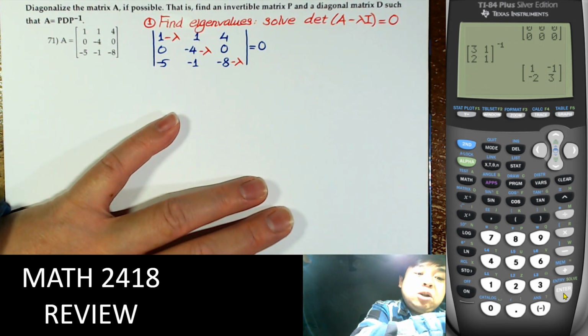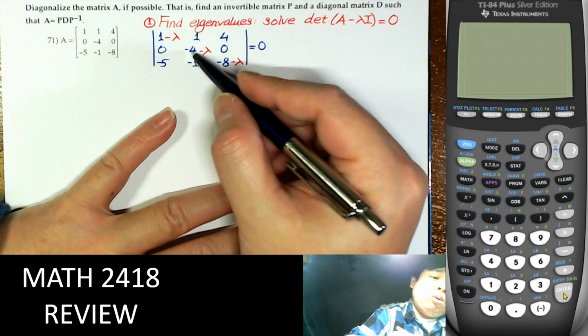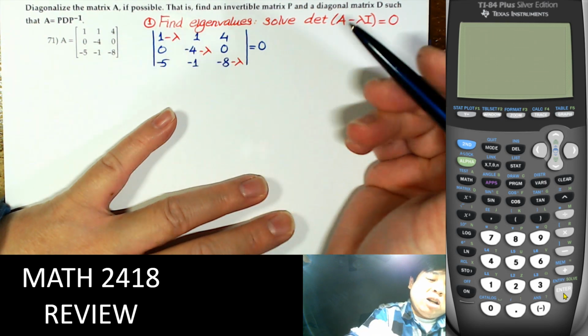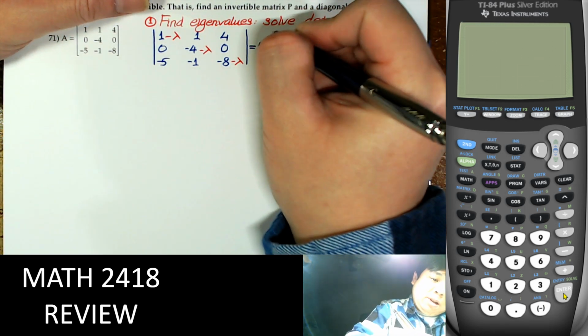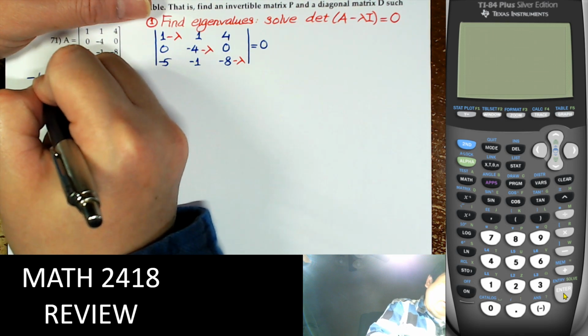Right. So in this case, it is easier to find the determinant based on the second row, so the sign will be plus minus plus, so that will be plus. So I will write this as negative 4 minus lambda,